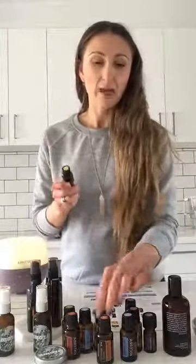So it's deodorizing, detoxifying. Lemon oil will help break down petrochemicals in the body as well, which is why it's really great to ingest. So if you're someone who's still using a lot of commercial products, then lemon oil is going to be really good for you. As I mentioned before, fever paired with peppermint,